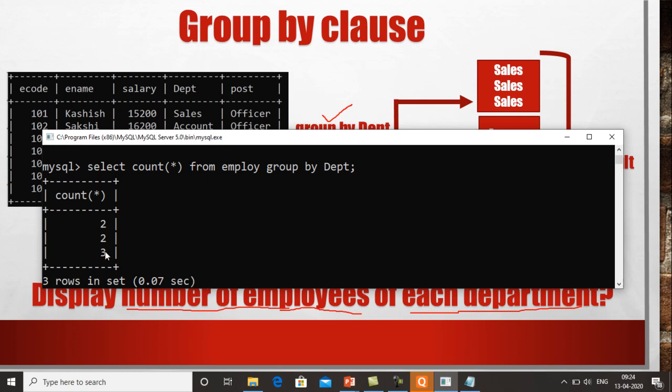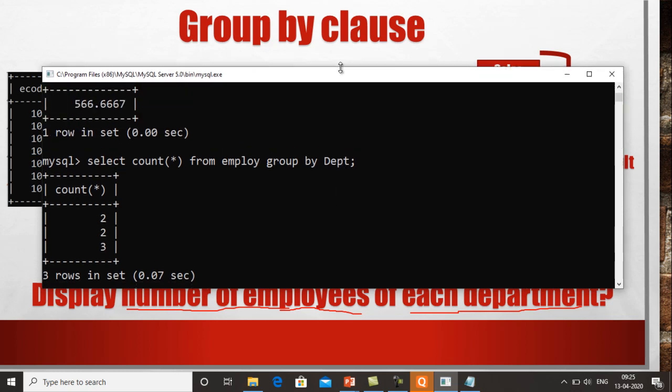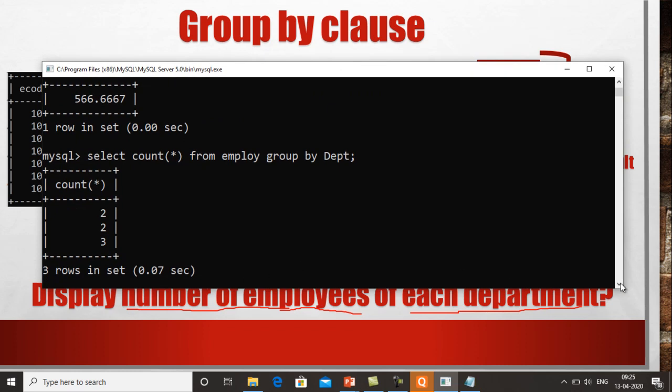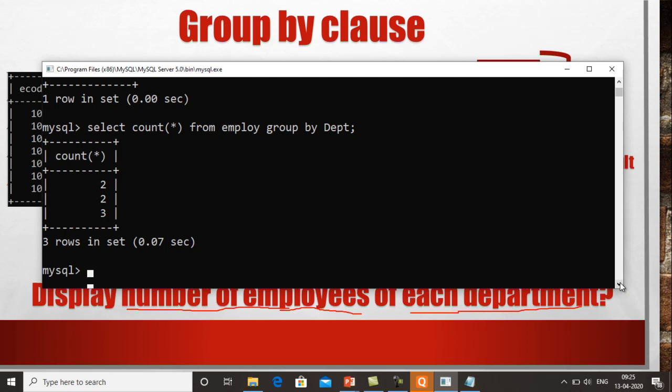So remember one thing very carefully: whenever you are using the group by command, for example group by department, whatever field you use for making the groups, just do one more thing. In the select, write the name of that field also, which you are including in the group by clause: select department, count star from employee group by department. So why have I written the field name department over here?